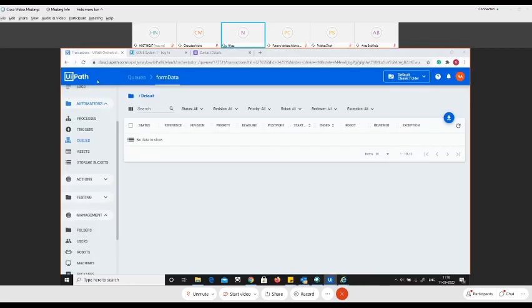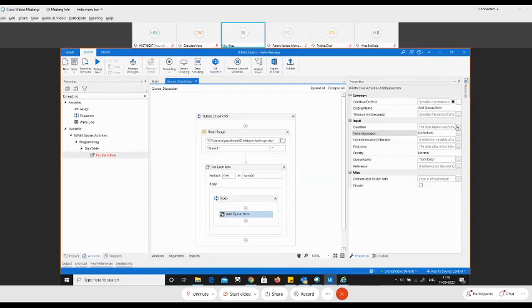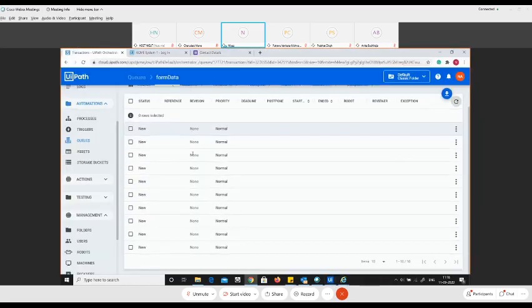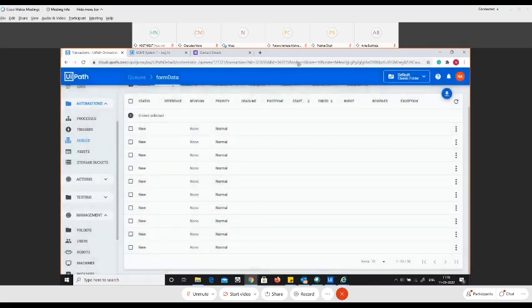So I'll run the file. It's an individual file. So let the bot start running. Let me do a quick refresh and you can see that we have the data uploaded into the queue. You can see we have all the 10 records uploaded into the queue. Let me open the first record for you. Click on the vertical ellipsis icon and say view details. See this value, the first name, last name, and the company name. Let me click on this last value.